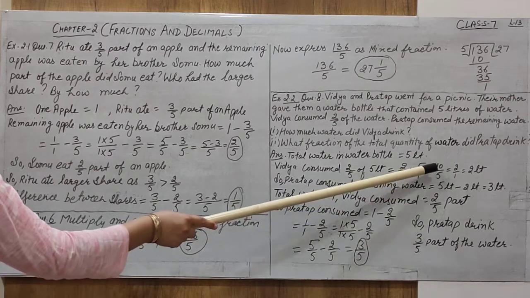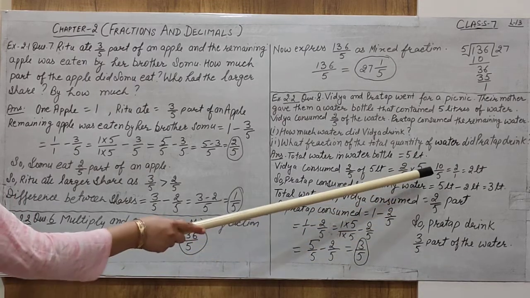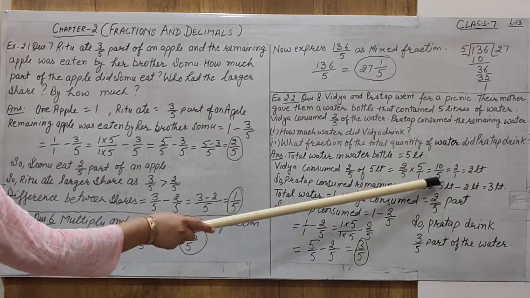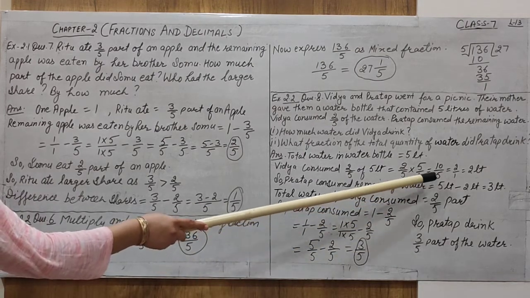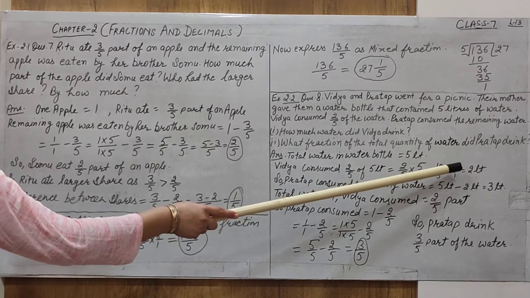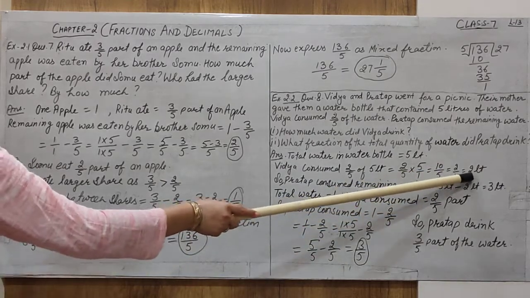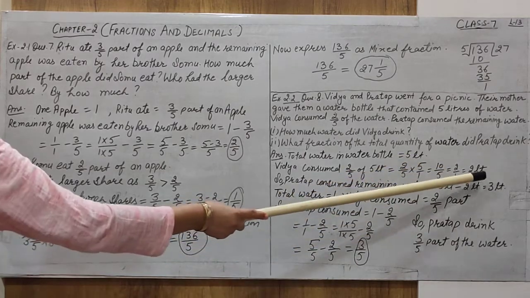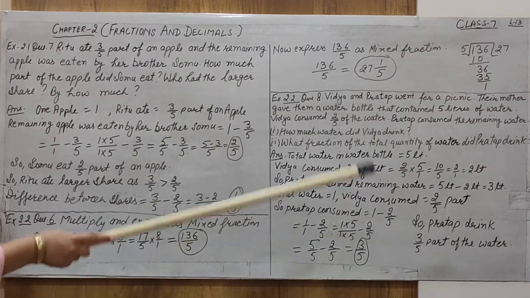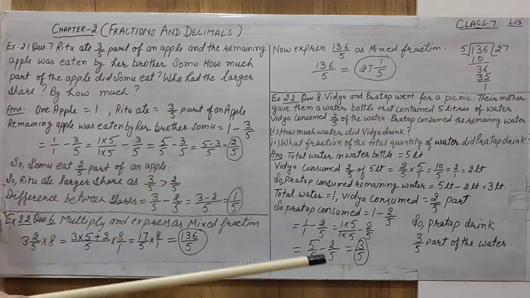Now 10 by 5 is our result when we divide these two numbers by 5, because only then can we get the smallest value of this fraction. Alright, 5 divided into 10 is 2, so we get 2 by 10, or we can write 2 even. 2, how much 2? What is 2? 2 is in liters because in the starting the water is given in the form of liters.